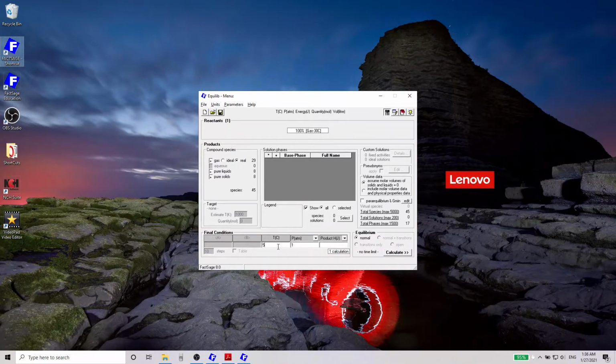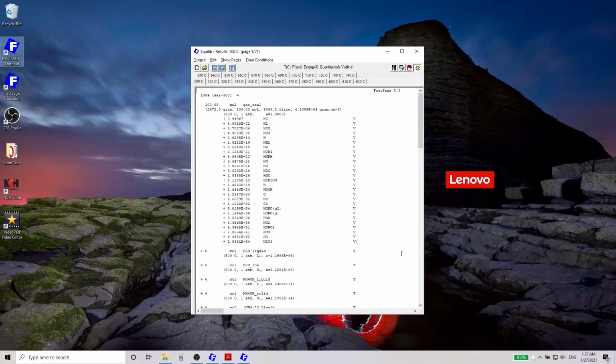Here we'll put from 500 degrees centigrade to 1200 degrees centigrade with 10-degree interval, and then we want to calculate it. So we go to calculate and click left mouse click on it. As we see, for different temperatures it has given us gas composition, and there we have different partial pressures of